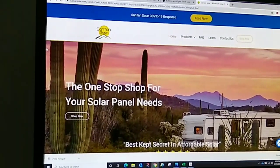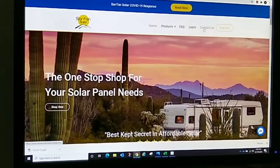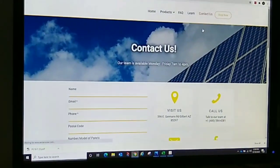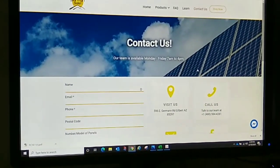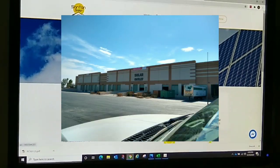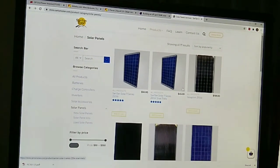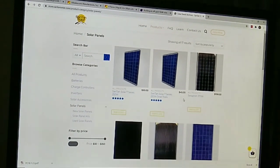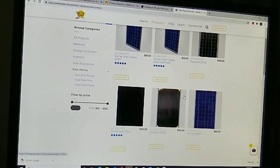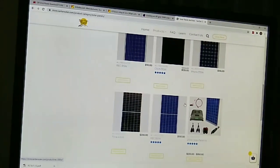I want to show you a little bit about the solar panels that we bought. We ended up buying them from Santan Solar. This is a really good place to buy solar panels. They had some really great deals. They are in Gilbert, Arizona, near Phoenix, and we had a great experience dealing with them. I was looking back through here to see if they still have the 400-watt Trinas that we bought from them. It looks like they're all sold out, but they do have something similar that I'll show you,